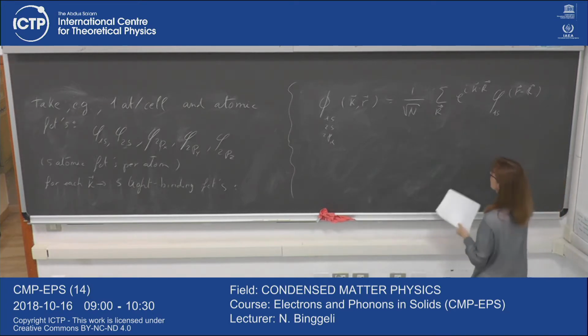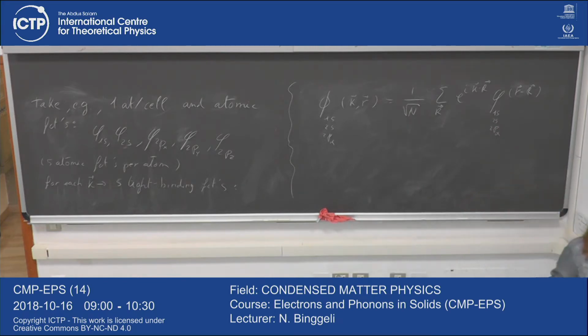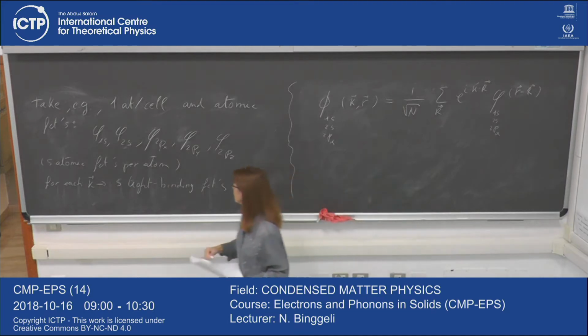I can do the same for the 2s and for the 2p alpha. So I obtain 5 tight binding basis functions from these 5 orbitals, which